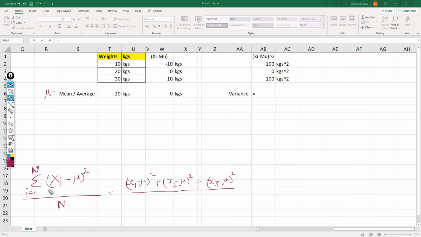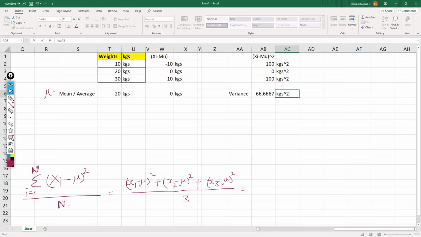You divide it by total count, which is 3. So it's 100 plus 0 plus 100, because xi minus mu whole square. Then you add them up and divide it by 3. So that's what we are going to do now. If I add all these three numbers, you get 200 divided by 3 because you have overall 3 weights